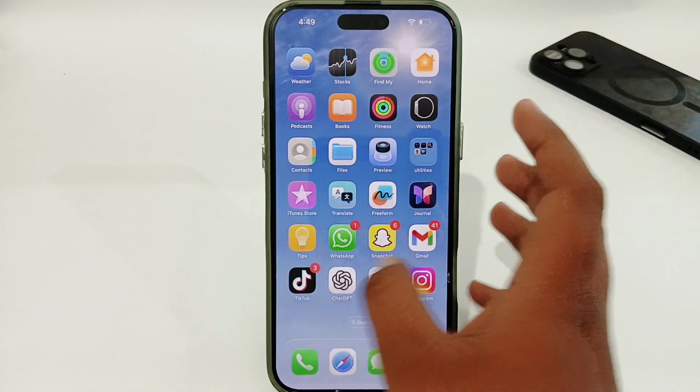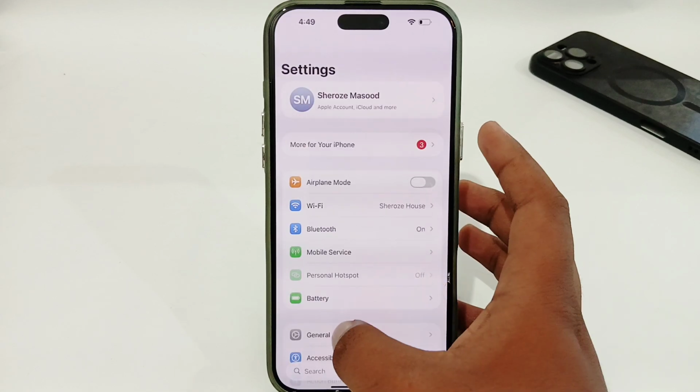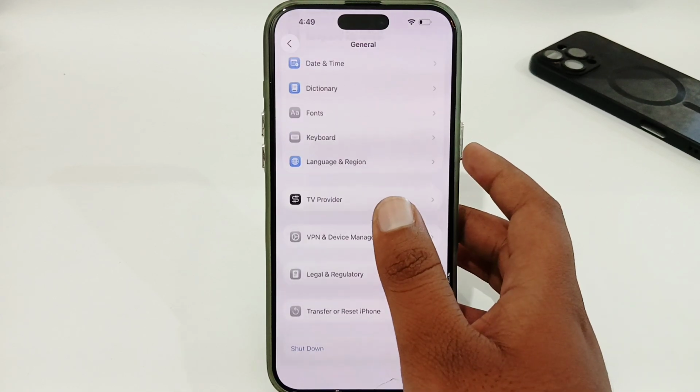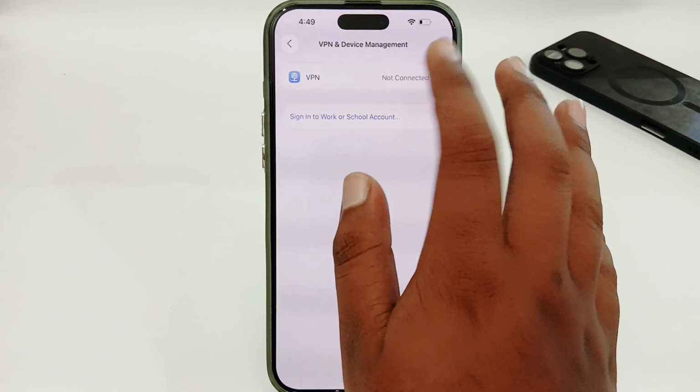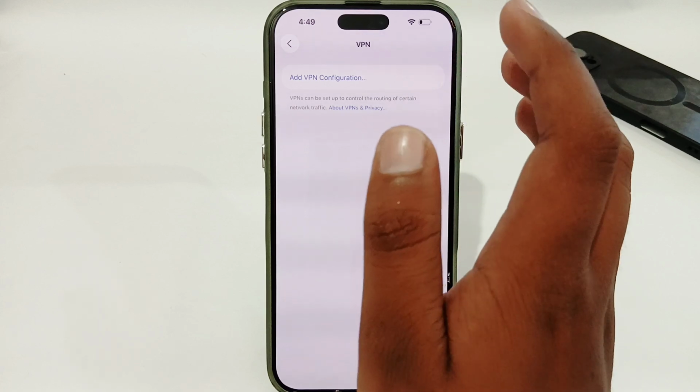You just have to simply open up your settings, then go to General, and here you have to go to VPN and Device Management. You have to make sure that your phone is not connected to any VPN,